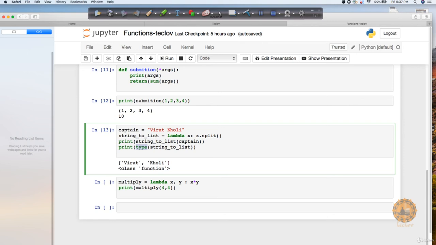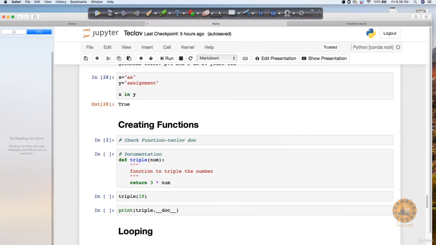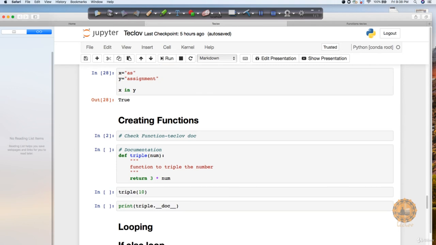Let's say you want to create some documentation related to a function as well, you can do that. For example, if you want to create a documentation, this is quite helpful when you are writing code. It's good that you should develop a habit of writing documentations. So in this case, if you say def of triple, which is the function name, and passing input argument, here you can just pass the documentation with this triple quote. Triple quote, provide the values to it, and you can see that it's saying return 3 into num. This is what I'm performing in this function.